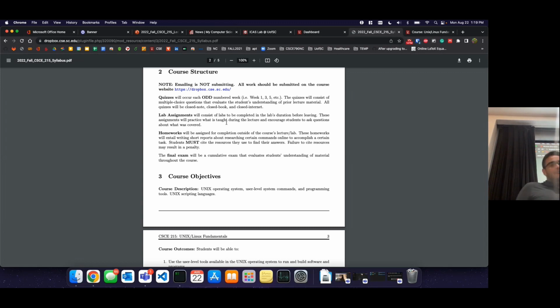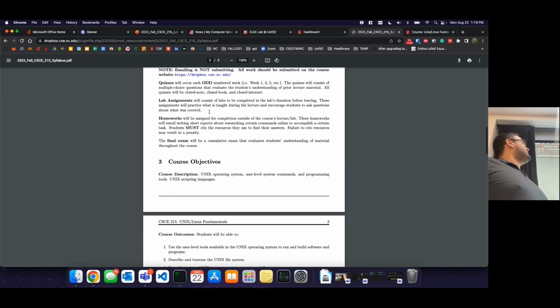Quizzes, they're weighted heavily. And the reason I weight these heavily is because I want to know what you know. The class is a lot of commands and a lot of things you're going to learn in this class. So you have to learn a lot of things. So the quizzes force you to study, right? I mean, I hated them, but they always forced me to study and learn the material and learn it well. And the quizzes aren't going to be ridiculously hard. Some of them might be more challenging than others, but they're there. Don't worry too much about them.